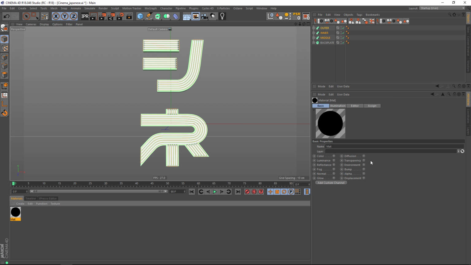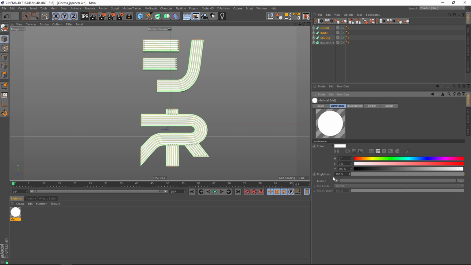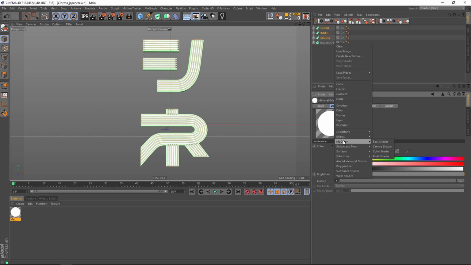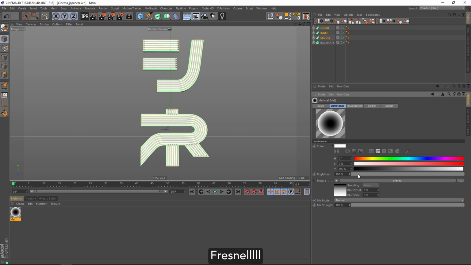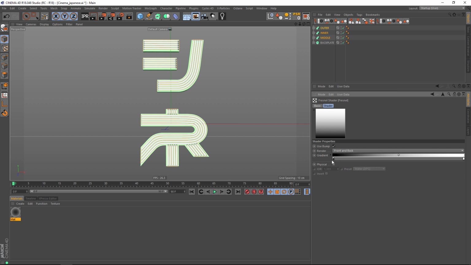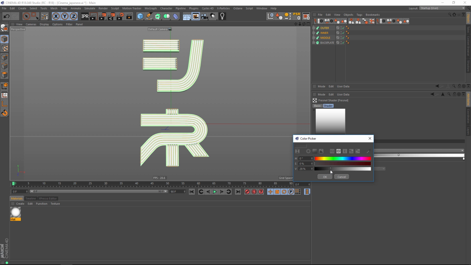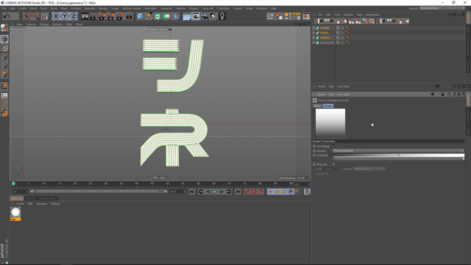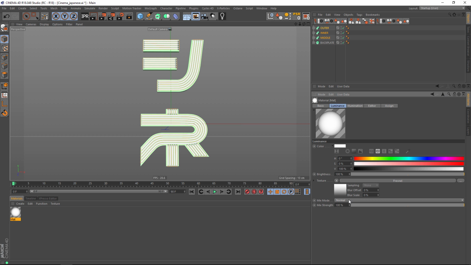I'm probably going to go into Octane, but for now, for the majority of people, they need to know how to do this without. So I want sort of a bit of fall off towards the back of the shape of the bulb. To do that, let's get a Fresnel, and let's invert the knots, and then I'm just going to bring this up to maybe 30%, something like that. And that will mean that at the front it's white, and then it'll fade off to sort of a grey colour. And if you multiply this over whichever colour you choose,